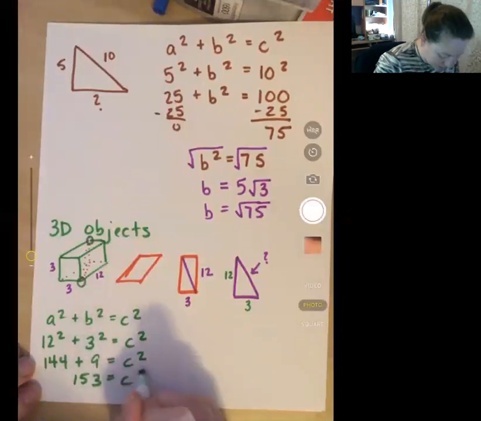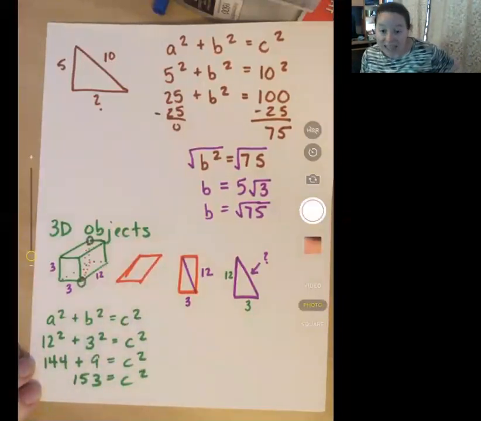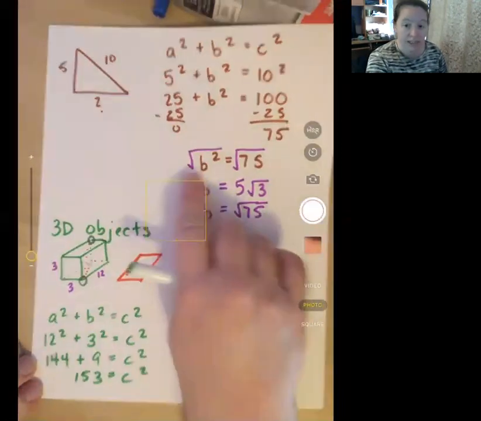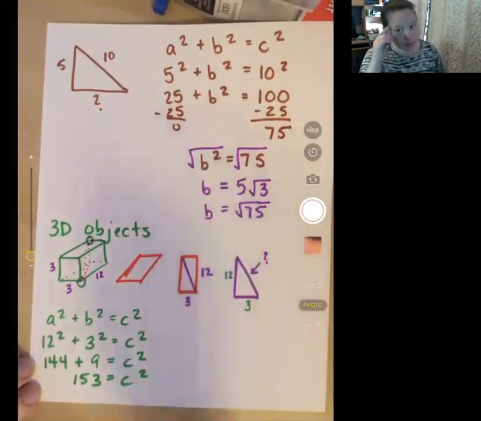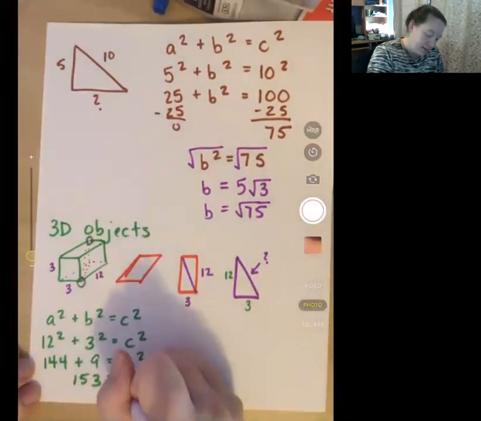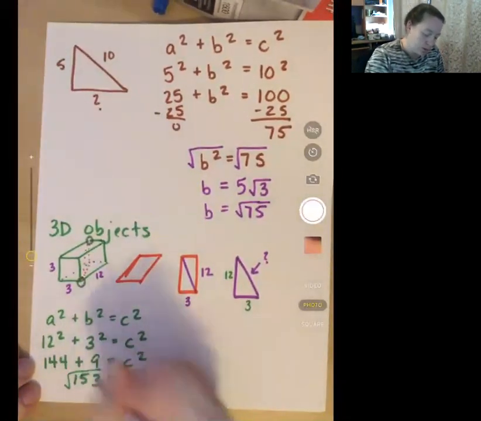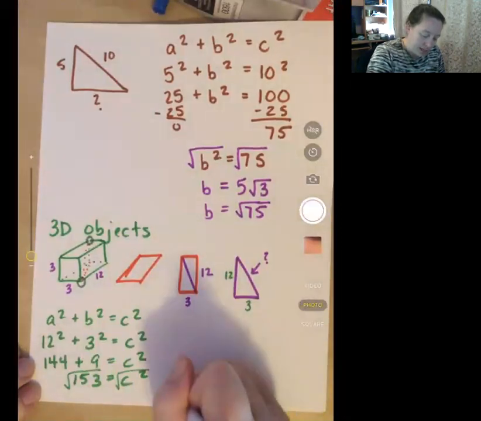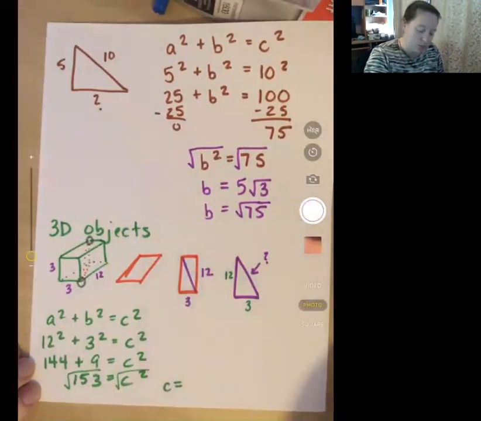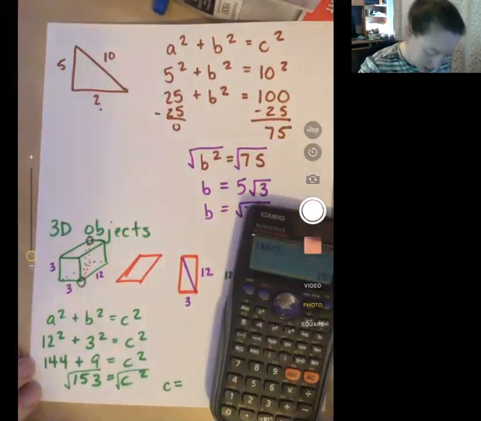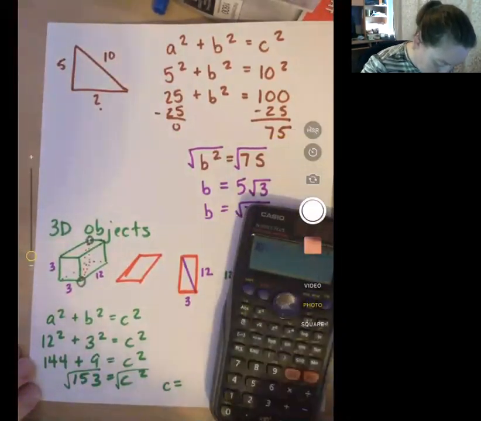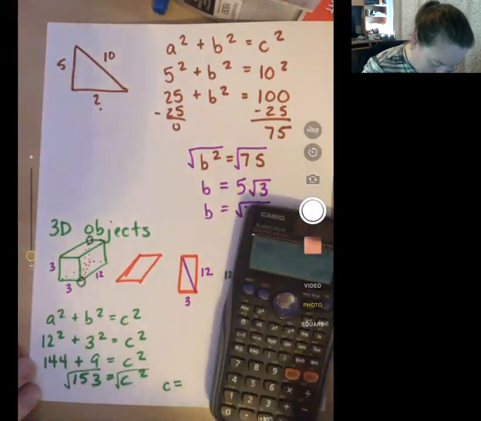a squared plus b squared is equal to c squared. Once again, I need to do what I did up here. I have to do my square root. Let's see what it shows up as. Square root, square root. So I end up with c being equal to, well, let's see what it comes up with. Square root of 153 equals,